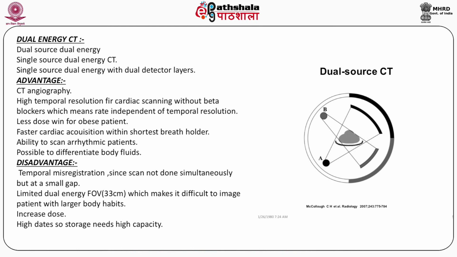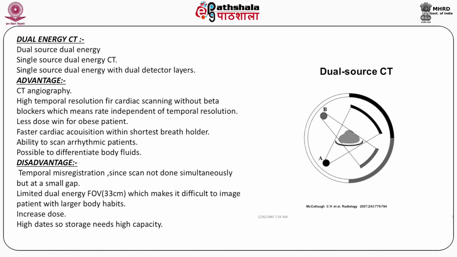The advantages of these types of CT scanner are: you can do CT angiography, high temporal resolution is possible for cardiac application, scanning without beta blockers, which means the temporal resolution is rate independent, less dose for the patient, especially for the obese patient, faster cardiac acquisition with the shortest breath hold, ability to scan asthmatic patients,